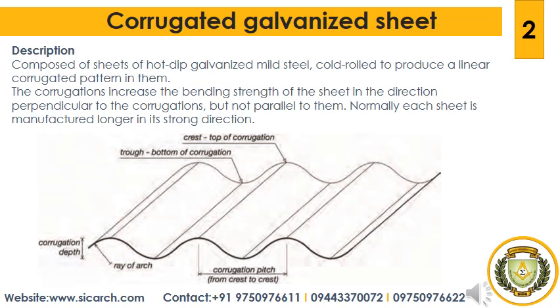Zinc weathers at a very slow rate, so the coating generally has a long life. Zinc has a greater electronegativity than iron and hence provides cathodic or sacrificial protection to the steel. This results in zinc corroding in preference to the steel if the coating is chipped or damaged to expose the